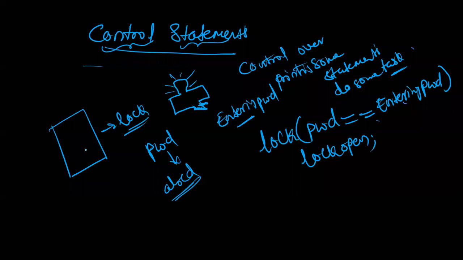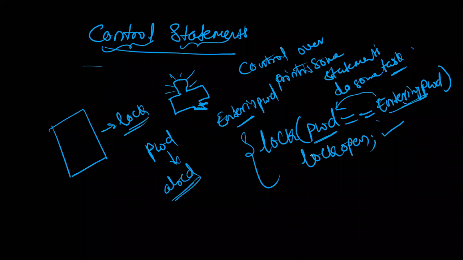In your smartphone, the control statement is written such that lock is one function, meaning one task. When the task works, you enter a password, and that password is matched with the password previously set in the phone. If both are equal, then the lock will be open. Otherwise, if they try, the lock will not be open.